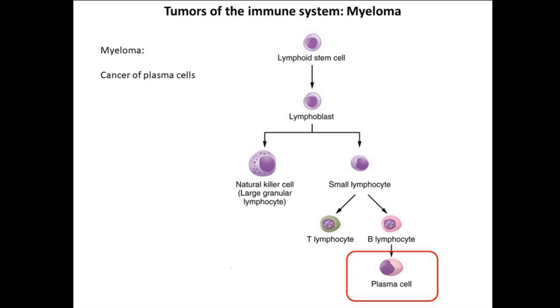Thus, from these three different types of cancers of the blood, we understand that the organs responsible for protecting the body also have a tendency to develop cancer. When that happens, the cells of the immune system themselves are affected, and because of this, the defense system of your body is also hampered.